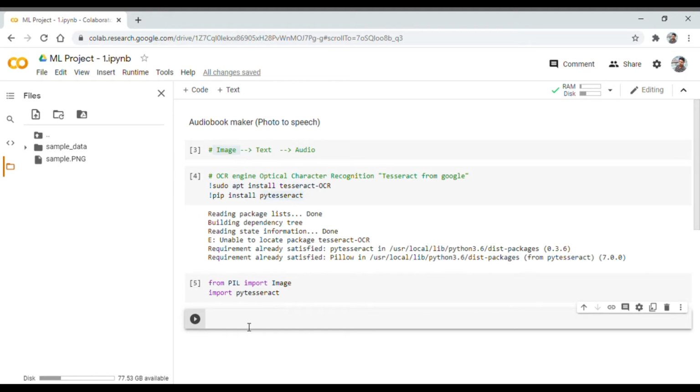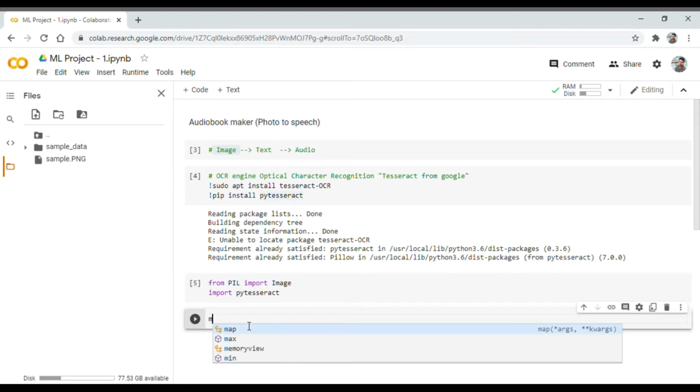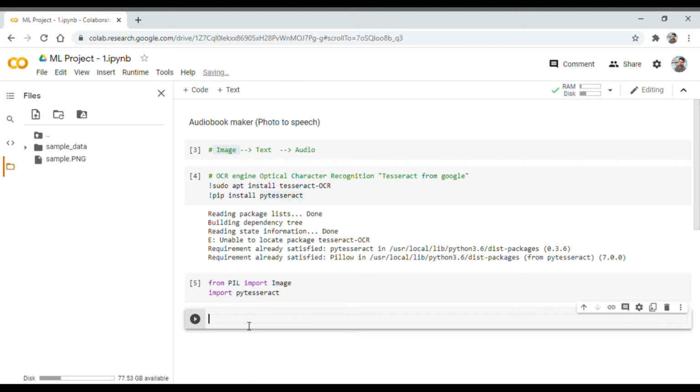After you upload it here, use this code. Create a variable, some random name, let us say text, equals pytesseract.image_to_string.